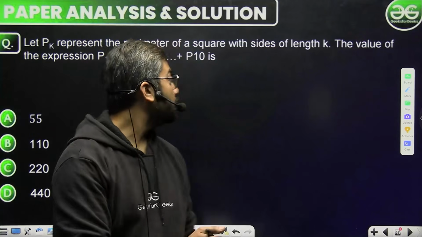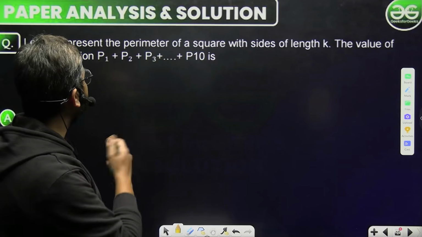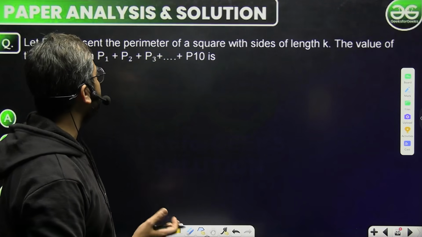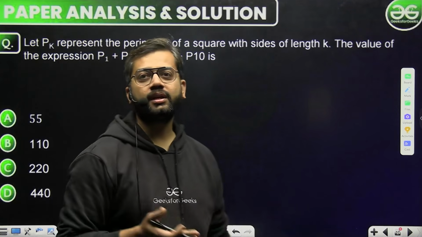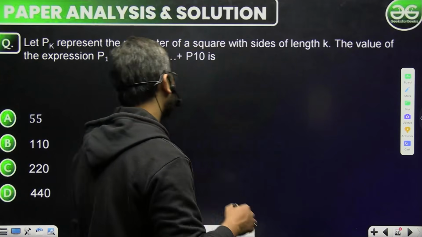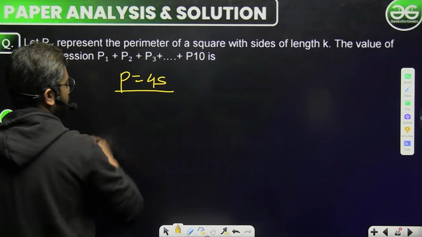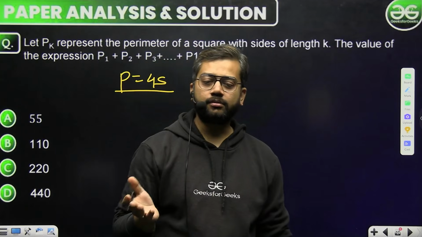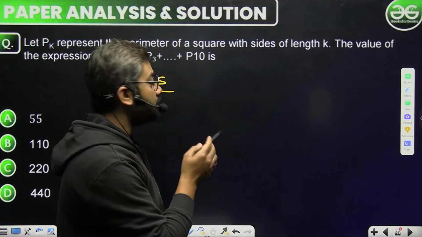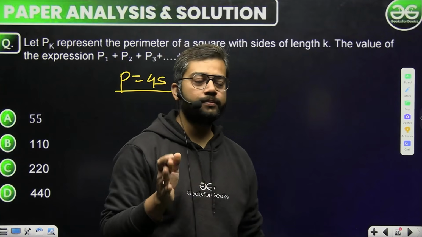अब इस क्वेश्चन का कितना अच्छा है कि अगर कोई मुझे सोल्यूशन याद भी न हो, कि PK रिप्रेजेंट करता है पेरीमीटर ऑफ साइड्स के, तो वैल्यू ऑफ एक्सप्रेशन पूछ रहा है। एक स्क्वायर का पेरीमीटर क्या होता है? 4 टाइम्स ऑफ अ साइड होता है, किसी भी स्क्वायर के बारे में। तो अब यहाँ पर हमारे पास कितने हो गए? 10 हो गए।